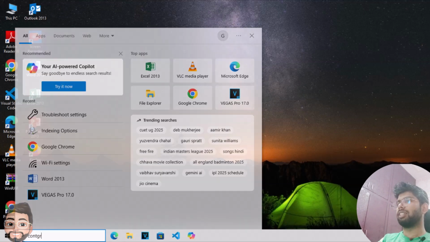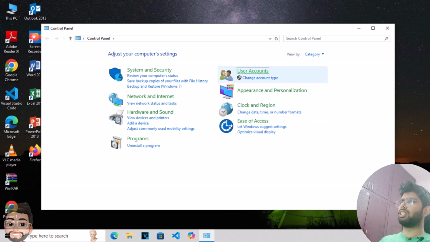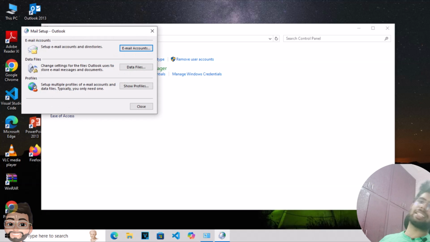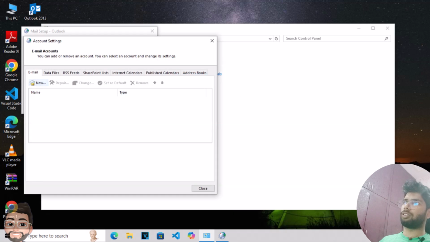Just like go in the control panel. Okay, I think I searched it wrong. Yeah, the control panel. Go in users, go in mail. Okay, here you can re-add the same account. Okay? If you are using the IMAP or POP, so just re-add the account, and yeah, from there you will